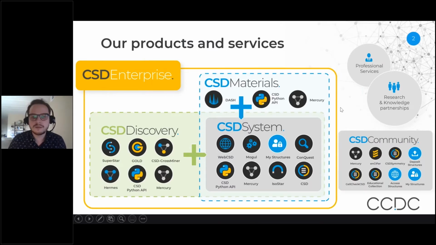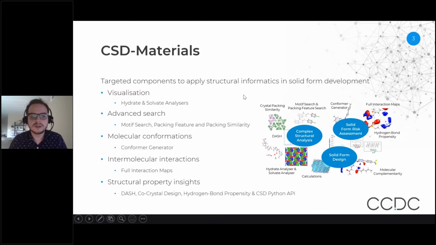that primarily come from our CSD materials, or our material science team, which focuses on the CSD materials software. This is primarily tools which are located within the CSD Python API and also within Mercury. Some of the components that you may be familiar with: we have visualization software for hydrates and solvates. We have some advanced searching tools which can be found within Mercury, such as our motif searching or packing feature search. We have conformer generation tools,